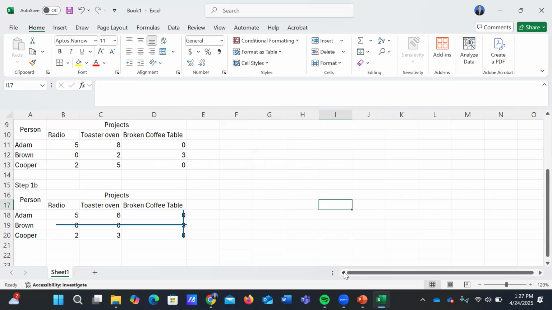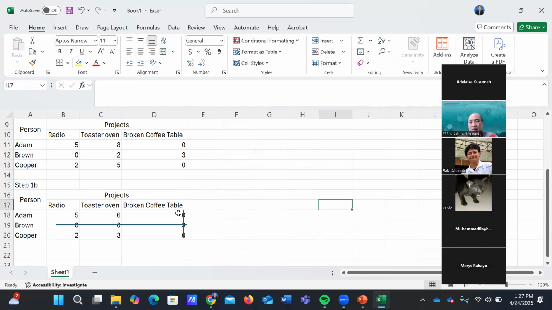So this is our step. We have how many lines that cover the 0 number? We have 2 lines, horizontal lines and vertical lines.